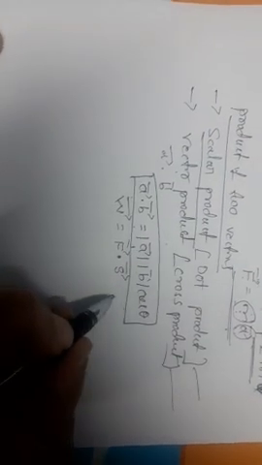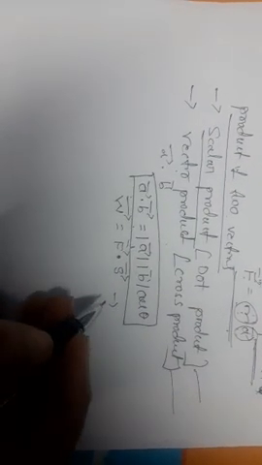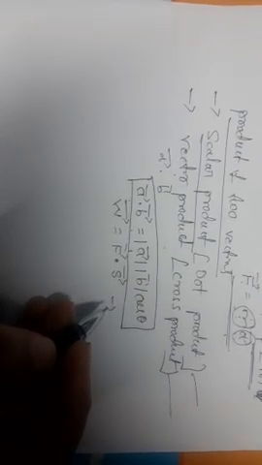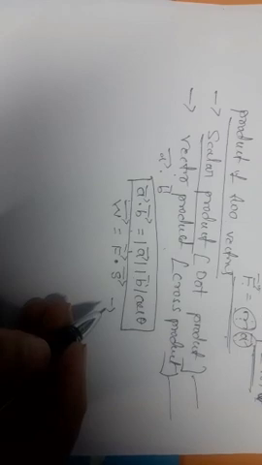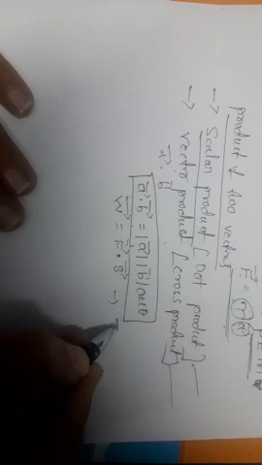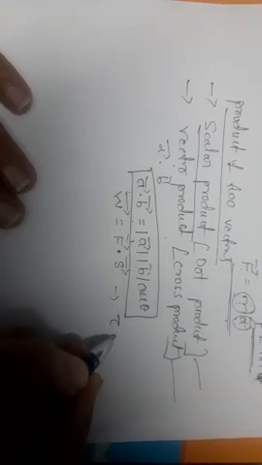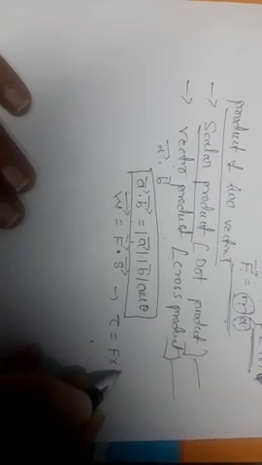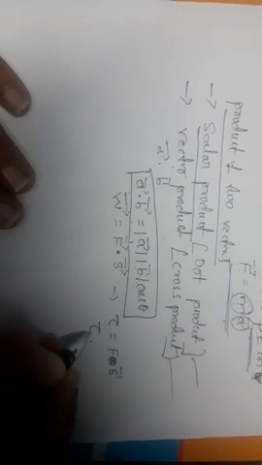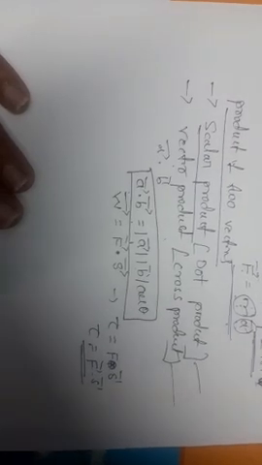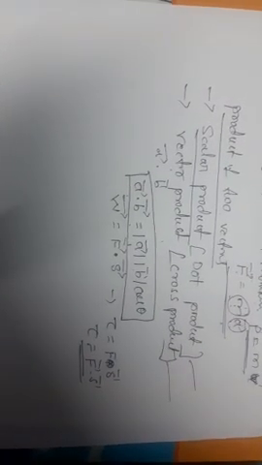One more example of a scalar product is the definition of torque. It is a rotational motion. Torque, that is tau. The symbol is tau. Torque is equal to force into displacement. That is not cross. Torque is equal to force dot s. That is also an example of a scalar product.